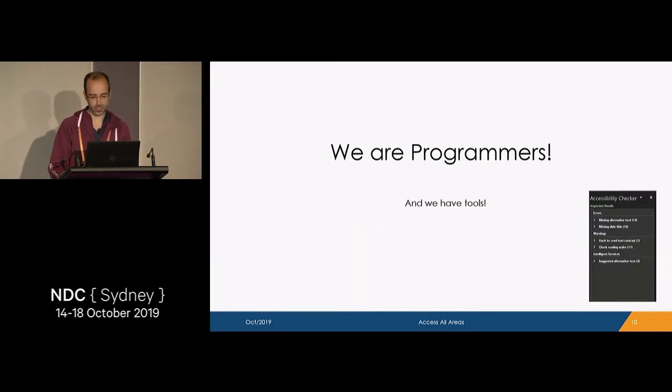We do have tools. I'm not sure if it's visible, but for instance, in there is the accessibility checker for PowerPoint. PowerPoint is saying you're missing alternate texts, the slide title is missing, etc. Like I said before, I'm here for PDF in particular, even though most of these concepts will be applicable to HTML, PowerPoint slides, whatever. PDF has its own set of standards called PDF UA, and its own set of tools to check documents for accessibility.